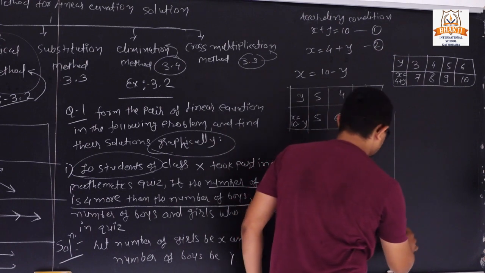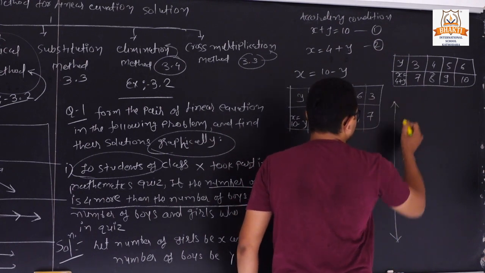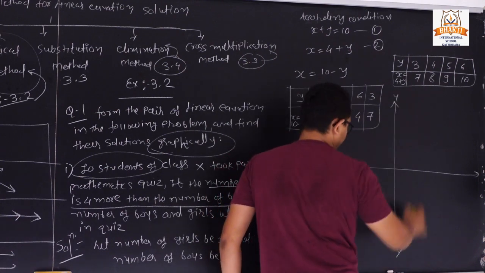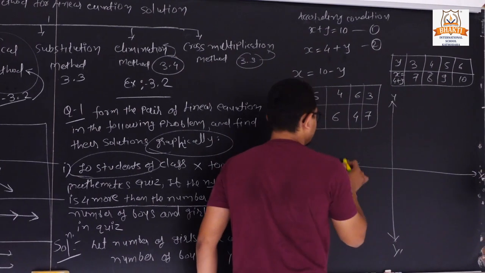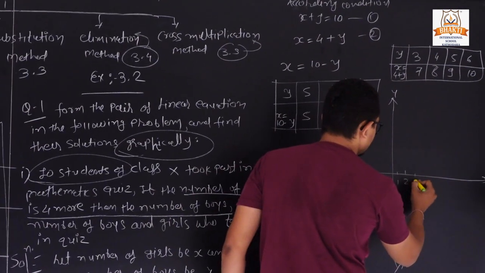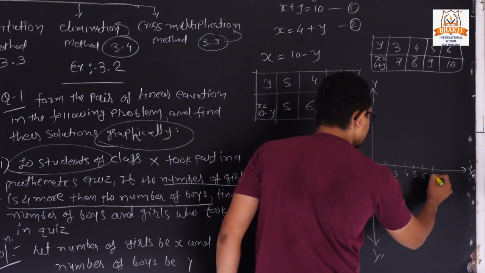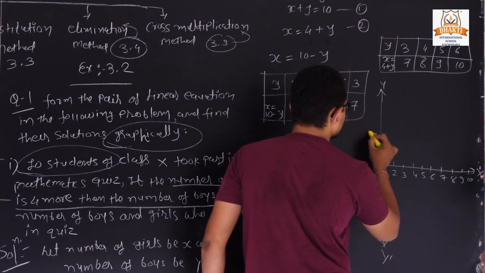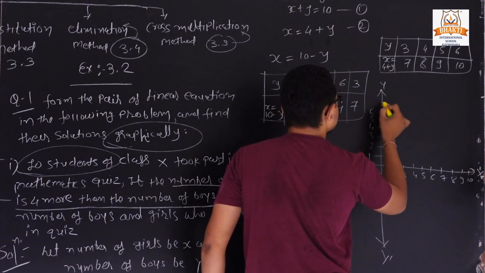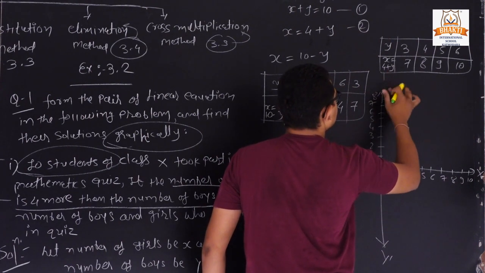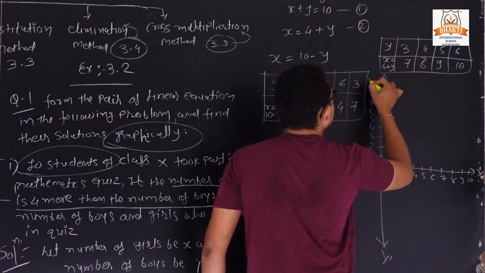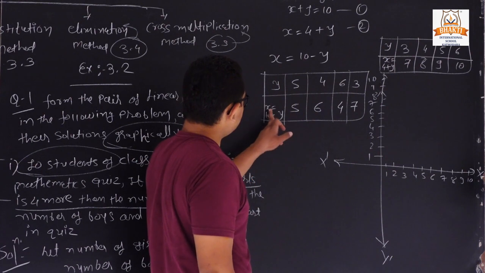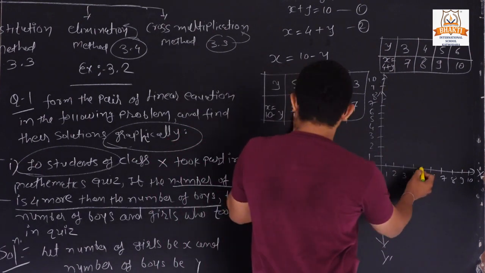So first of all we draw its graph. It is y dash, x dash. Here I am writing 1, 2, 3, 4, 5, 6, 7, 8, 9 and up to 10. Here I am also writing 1, 2, 3, 4, 5, 6, 7, 8, 9 and 10. Now for the first equation, if x is 5, y is also